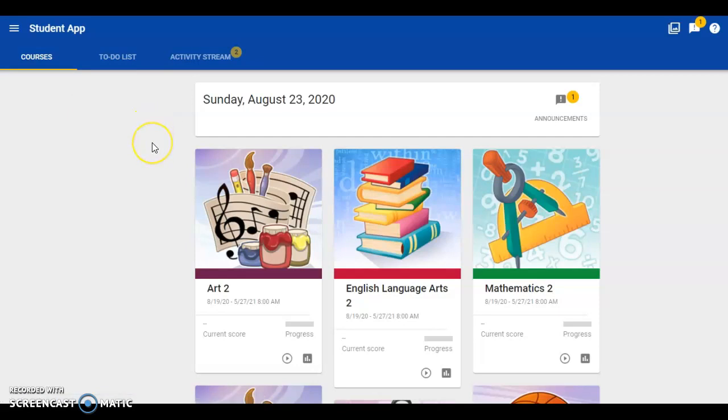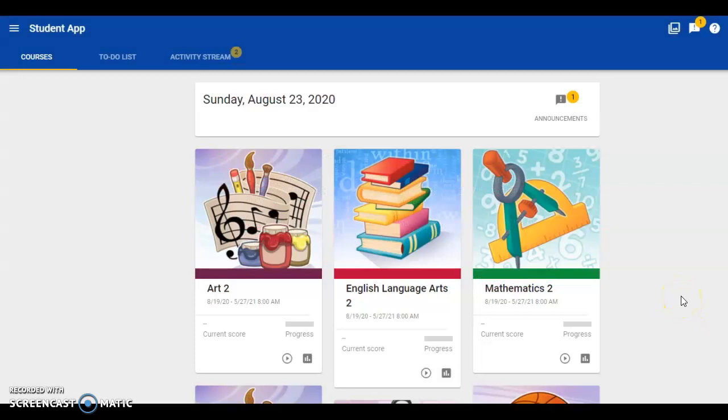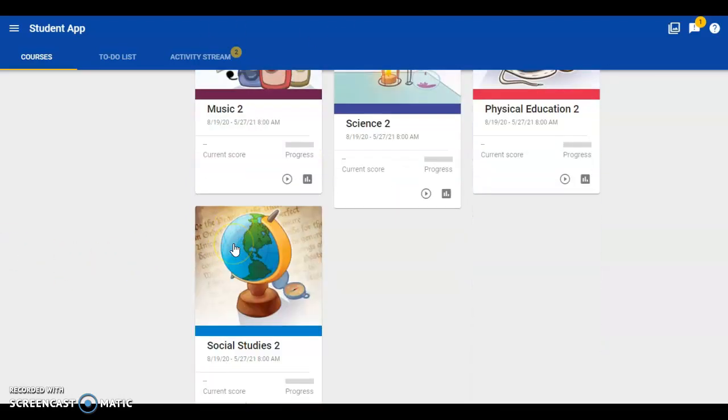Now, once they've been in, it may take them right to the page that you see here, right to their dashboard. If it takes them to another sign-in page, they will have to enter that lunch number with S and the email at student.sycsd.org, and their password is their lunch number and S, just in case it takes you to a second login page. Once you get to your dashboard, you will see your core subjects here